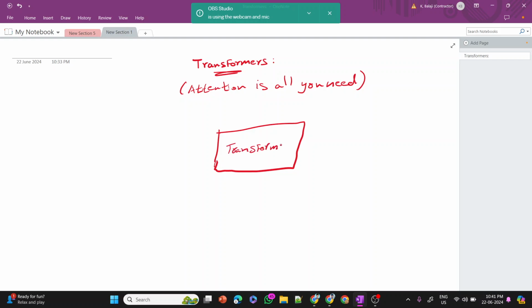We give an input and we get an output. For example, there is machine translation. We are building a machine translation application using this transformer. Whenever we give an input in one language, we get the output in